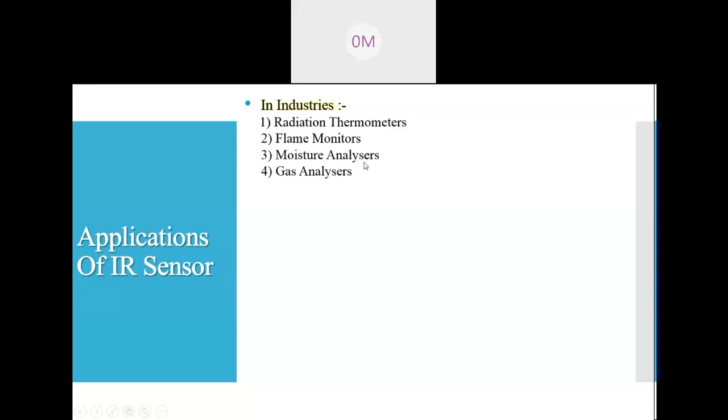The moisture analyzers and the gas analyzers. These two analyzers use the property of IR radiation that reacts with any moisture or gas. You know that moisture and gas have the property to absorb IR radiation. So if there is more moisture, then it will absorb more IR. Thus, the photodiode will get less reflection of IR. The contactless tachometers. Tachometers are used in fans mainly for counting the rotations. So it helps us in getting contactless tachometers.